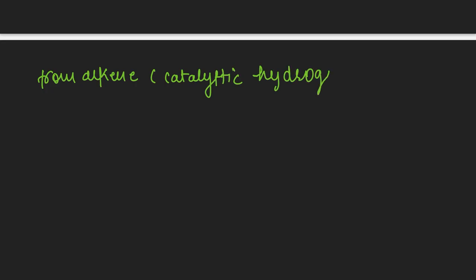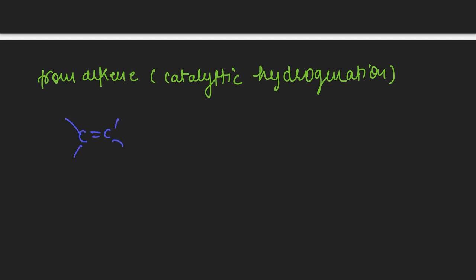Now we're going to look at one of the methods of preparation of alkane. It is from alkene, and this particular reaction is known as catalytic hydrogenation. Catalytic hydrogenation of alkene. So we have an alkene,